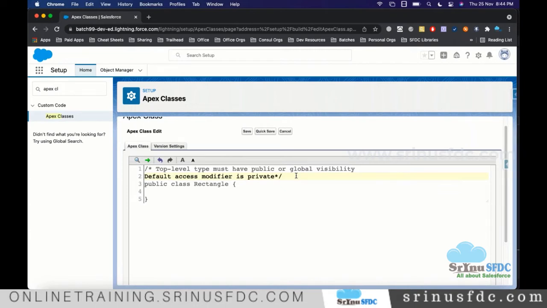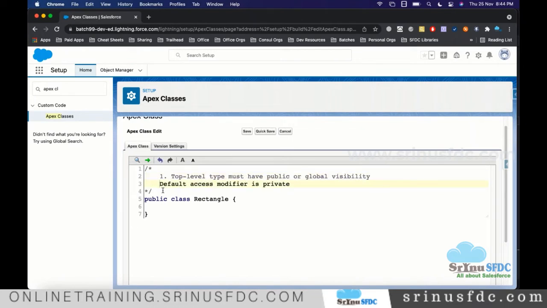Whatever you type in between will be commenting. In general we call this a multi-line comment. Inside that you can keep whatever you want. The system won't check the syntax. We can write notes, or why we are creating this class, all those things in the comments. I'm just saving and it is saved.